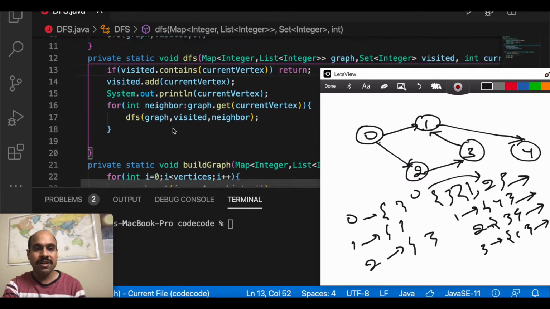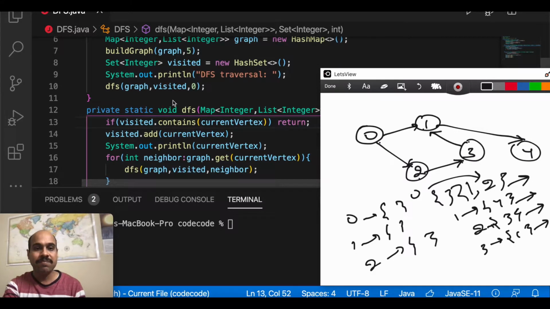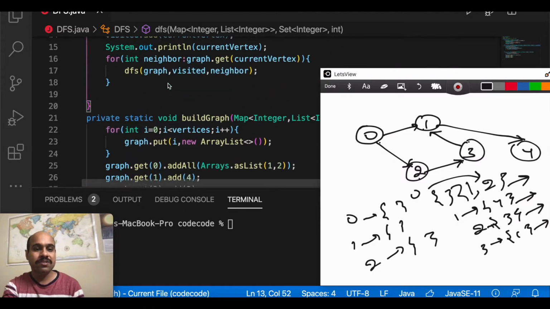Okay, so that's it for the graph. So once I have declared a graph as a map, I have a build graph function. And let me give you one more hint over here. Whenever you are writing a solution, make sure you are using different functions. Don't do everything in just one function. It makes your solution complex to read, and it will be confusing. And sometimes the interviewer won't even ask you to complete the function call. So for example, if I write build graph here and tell the interviewer that I'm planning to build the graph in this way, he won't even ask me to create the function. So this will save your time.